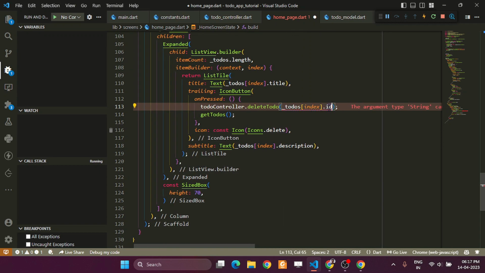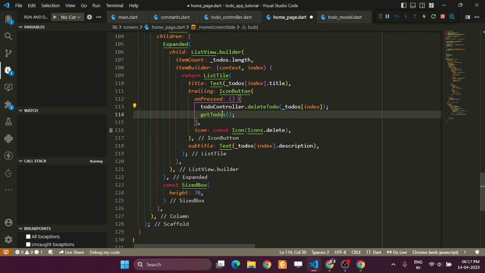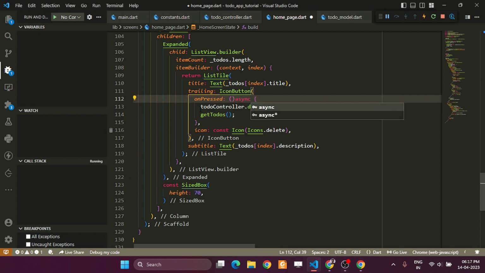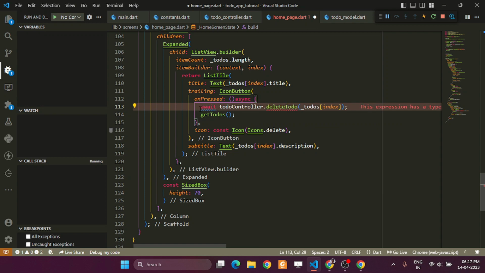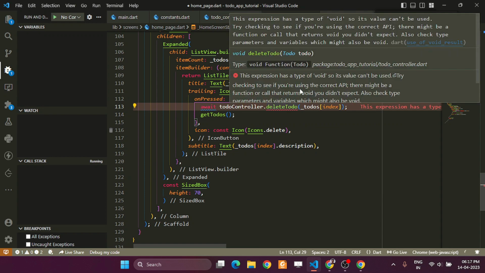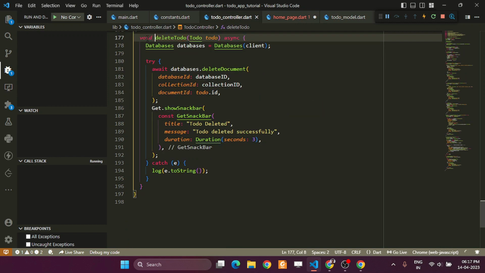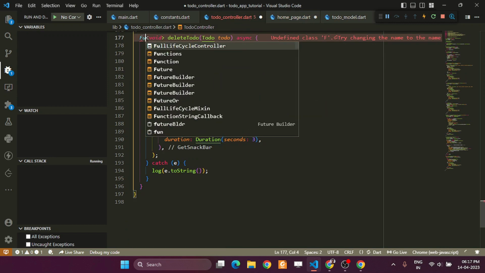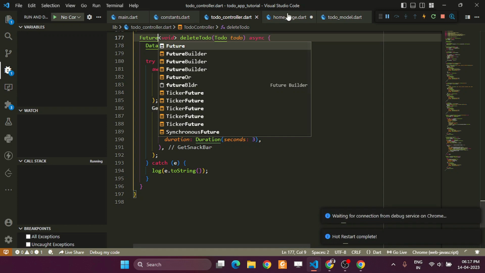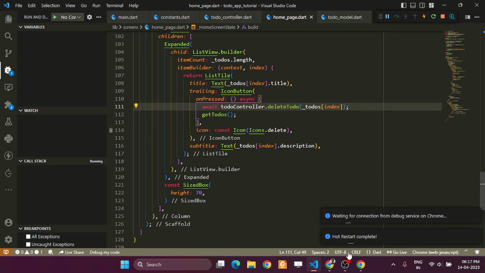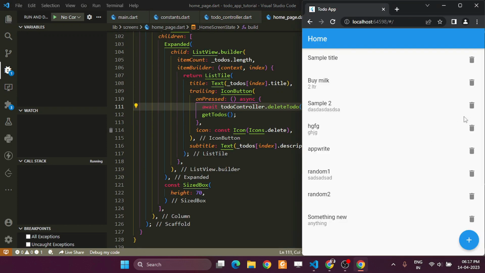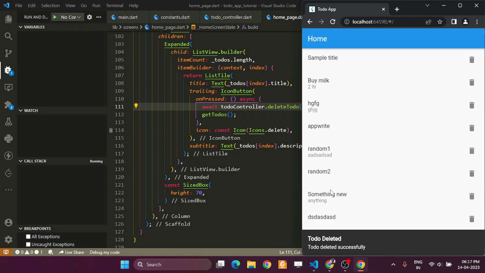We are just asking for the to-dos itself, and it's an asynchronous function, and we are going to await that and delete to-do. Oh, sorry, we need to wrap it under Future void, and then we are going to save it, and let's check if it is working or not. To-do deleted, let's check